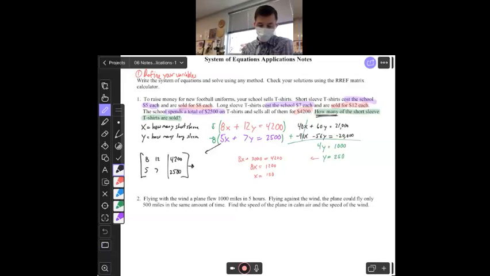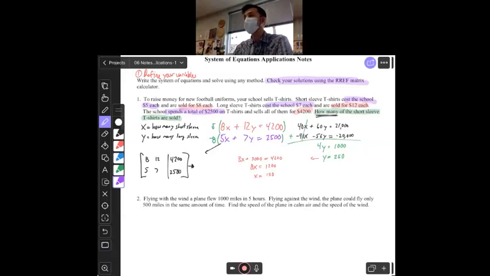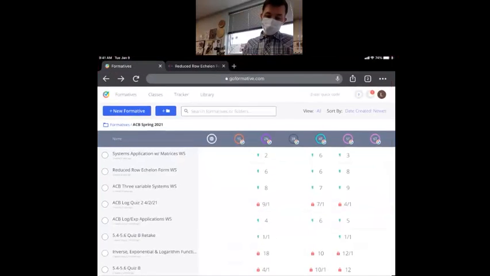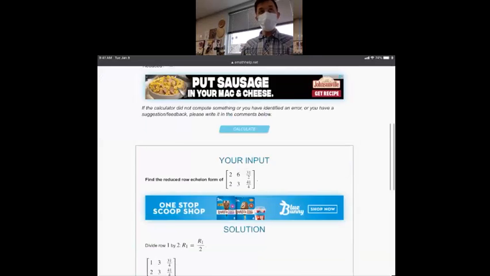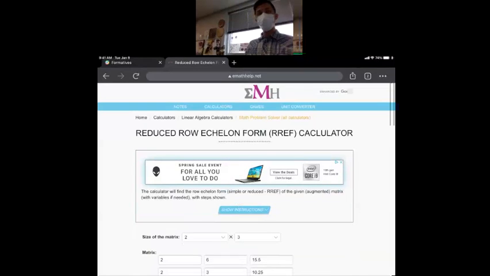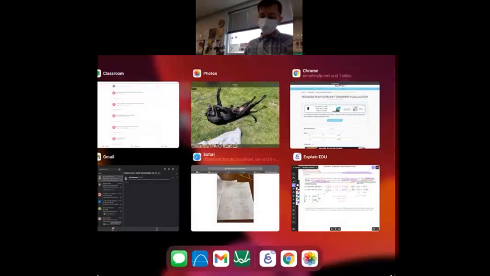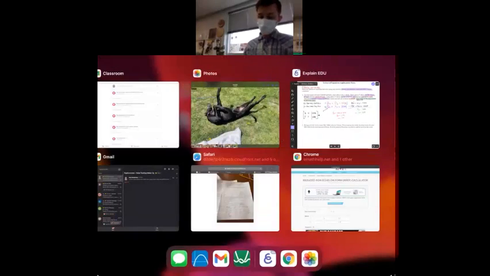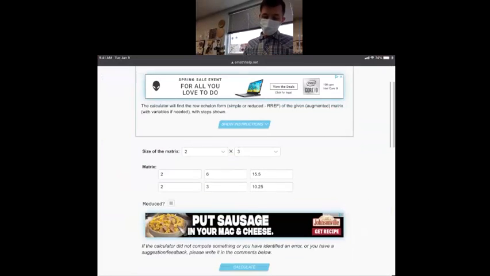Do what way? We're going to check it. Right, we're just doing our check. Yep, we're just going to plug it into the calculator to check it. So remember with the calculator, you need to know how big the matrix is, rows by columns, okay? So 2 rows, 3 columns, which is the default on the calculator. So it's 2 by 3, just need to plug in the